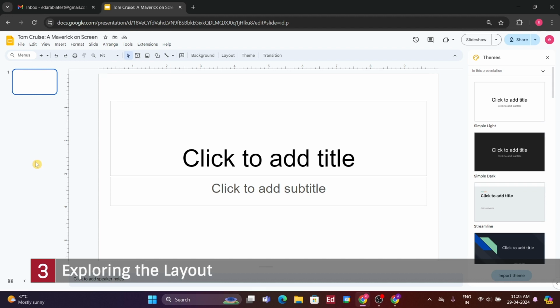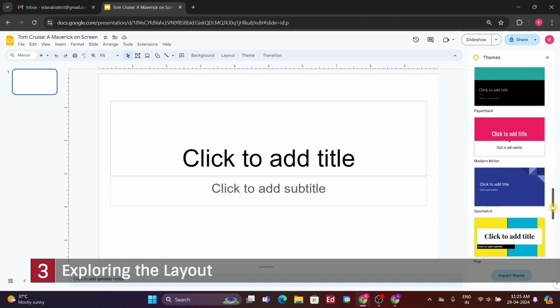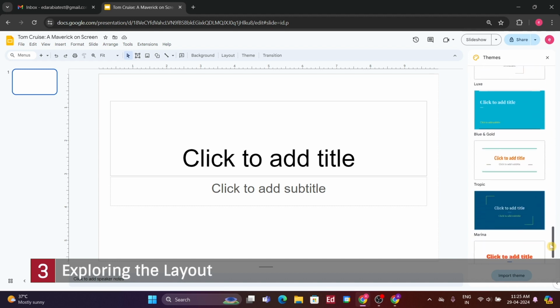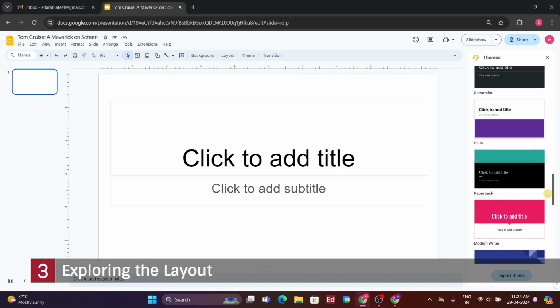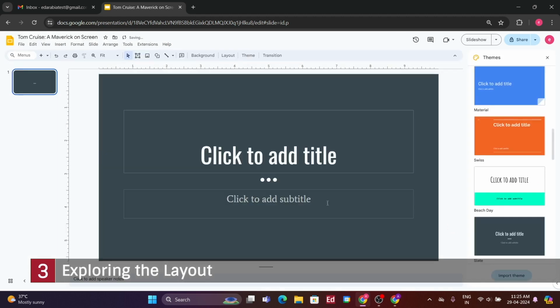In the center is the slide we're currently working on, and to the far right, you'll notice that Google Slides offers us a variety of themes to choose from. If you're not fond of the plain layout, you can select a theme from the sidebar to enhance the appearance of your presentation. Before diving into creating multiple slides for your presentation, it's wise to set your aspect ratio based